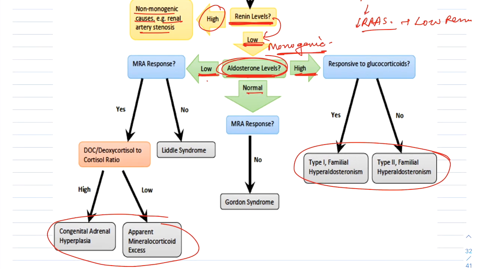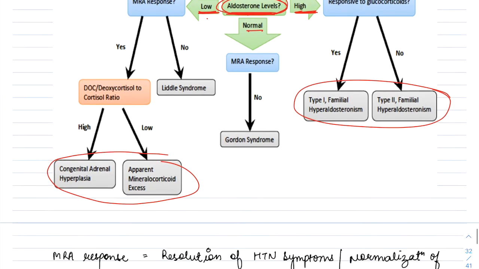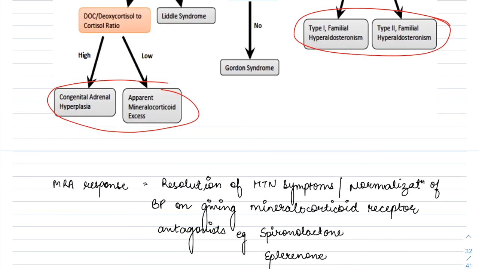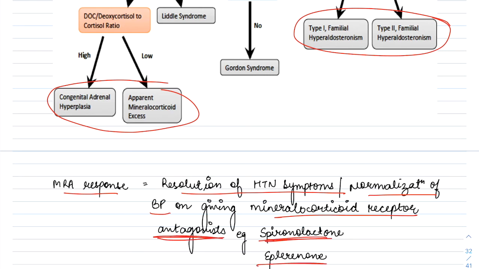Okay, so first we need to know what is an MRA response. MRA response is the resolution of hypertensive symptoms or normalization of the BP on giving mineralocorticoid receptor antagonists, okay, like spironolactone or eplerenone. So MRA response is mineralocorticoid receptor antagonist response. Always remember that MRA response will only be present when there is increased sodium transport because of the effect of mineralocorticoids. So the syndromes which are increasing the sodium transport independent of the mineralocorticoid effect, that is